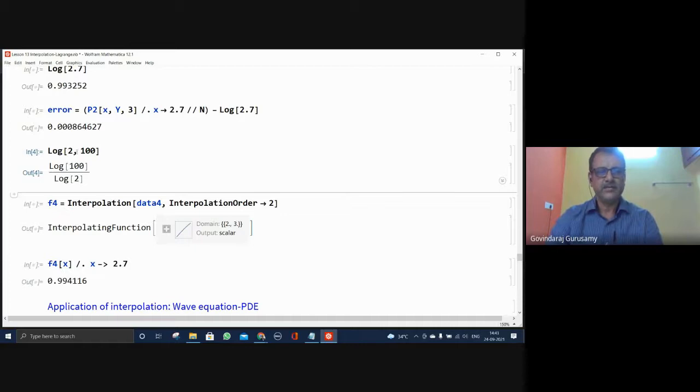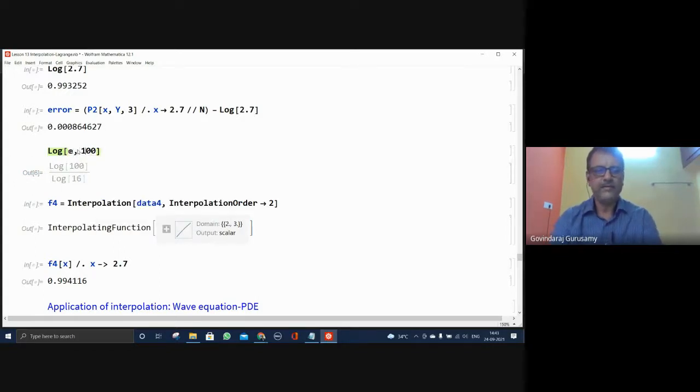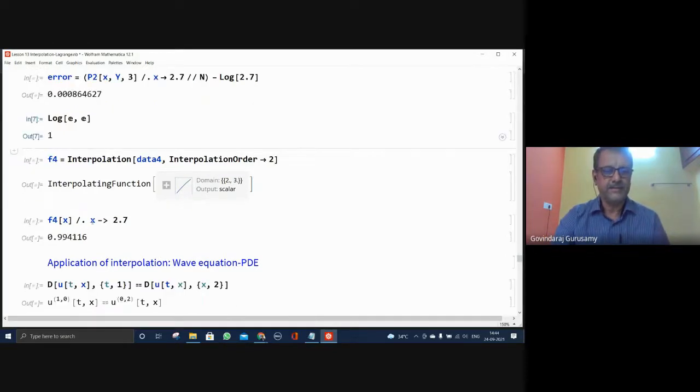Any base is allowed. You can have any base, it doesn't matter. So you can give any base which you like, Log 16, base 10. This is how it goes. Therefore, you can easily find that Log without anything would be base E, otherwise the base should be indicated. Okay, so now this is what the.